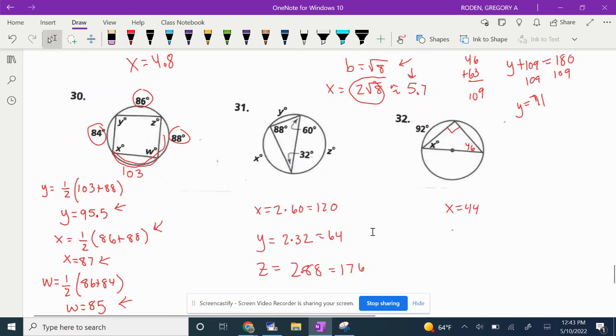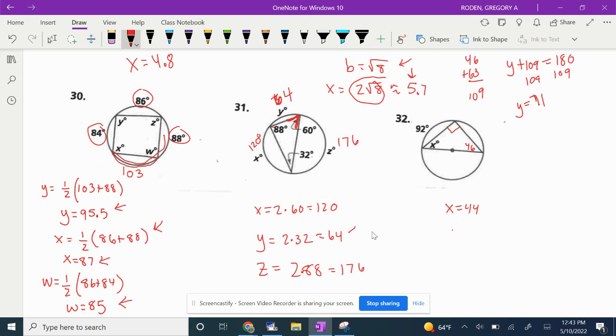All right, the 31 is, so in this one right here, we know that x is equal to 2 times 60. So we know that x equals 120 because its inscribed angle is this 60 degrees. y is going to be 2 times 32. So that's going to be 64. So we know this y is going to be 64 right here. And then z is going to be, let's see here, 88 times 2, which is